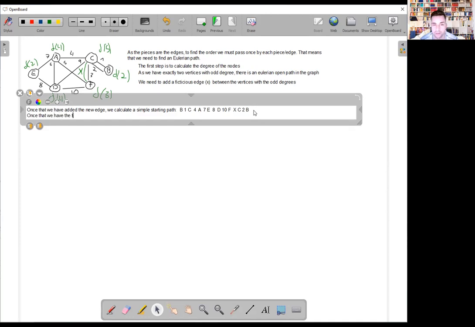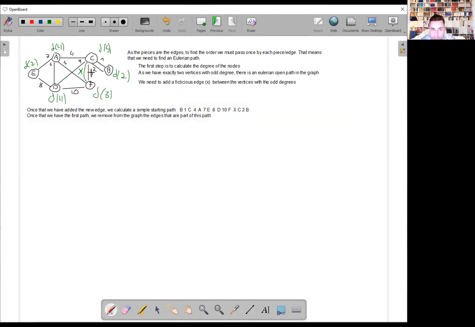Once we have the first path, we remove from the graph the edges that are part of this path. Right, so at the end, if we remove all these edges, we have the same nodes,